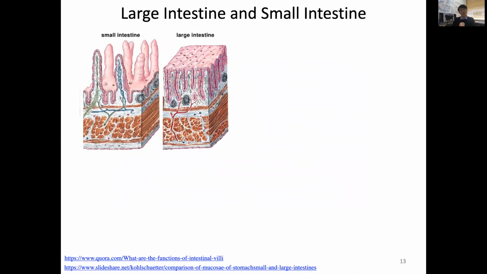I just want to show you the structural differences between the large and small intestine. The small intestine has a lot of villi coming out, while the large intestine is the opposite way. It's called the pit. Both are increasing their surface area, but they look a little different. And I just want to give you an example of that very interesting architecture to effectively increase surface area in